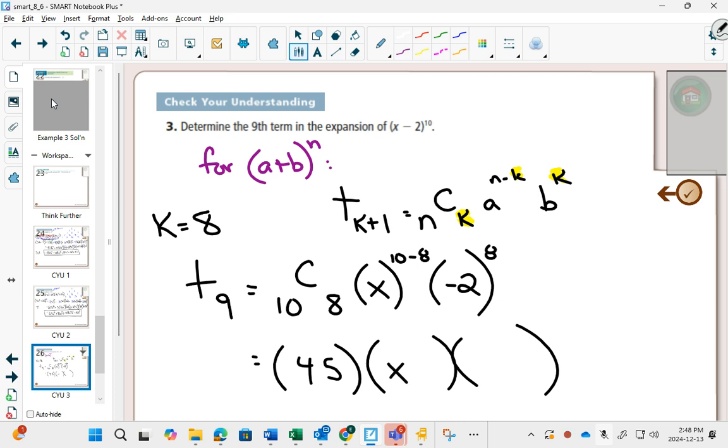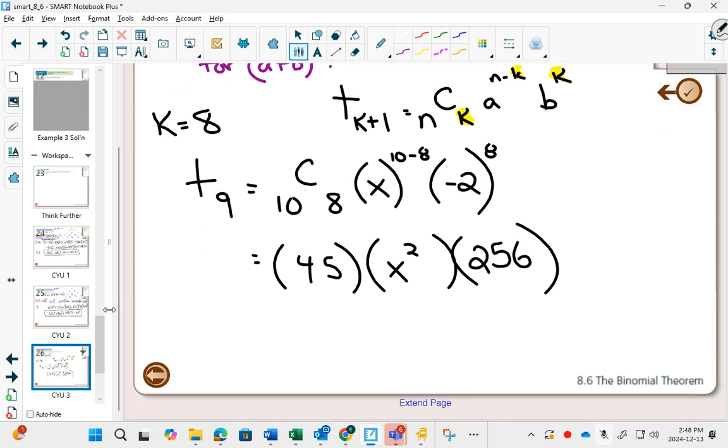X squared, that'll be x squared. Negative 2 to the 8, first a negative to an exponent of 8 is going to be positive. Anybody know their powers of 2? 2 to the 8? 256. And then we go to our calculator, 256 times 45, 11,520